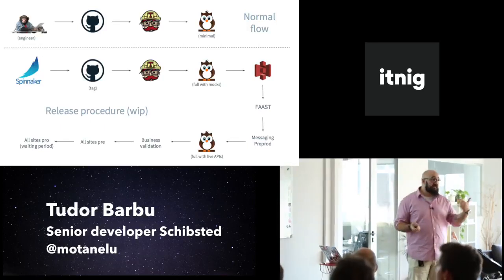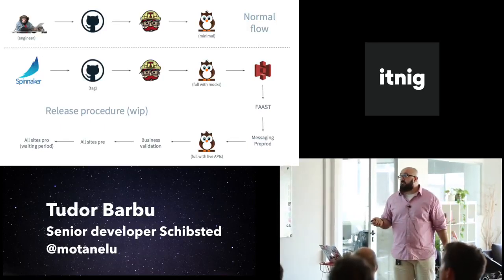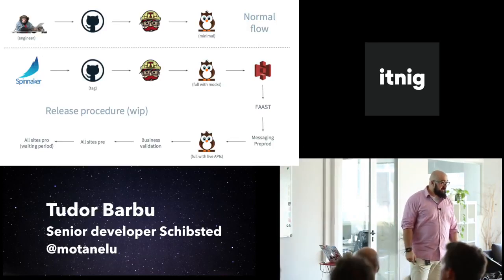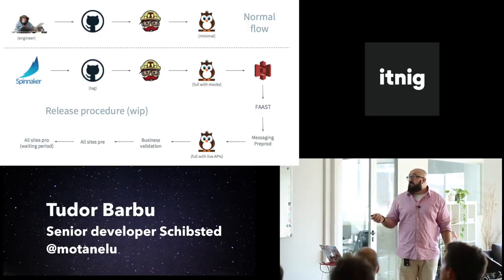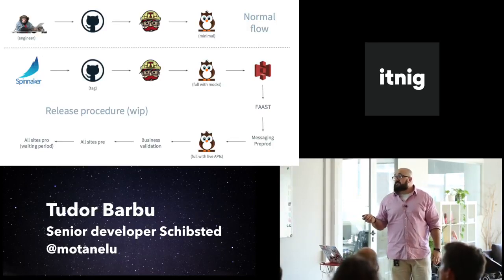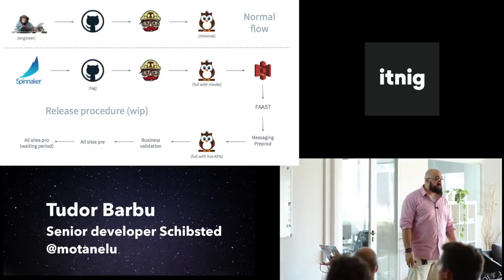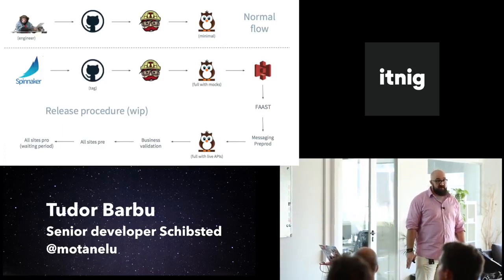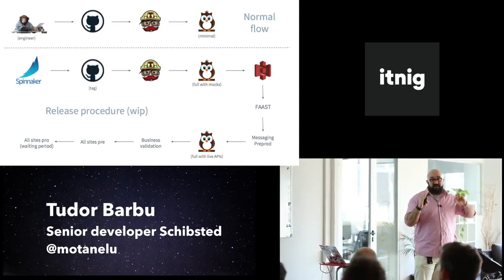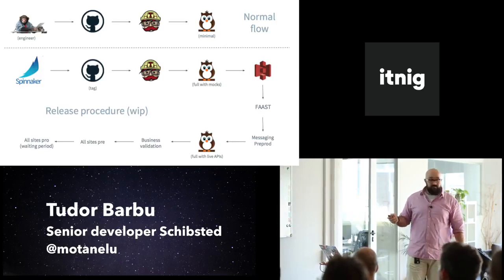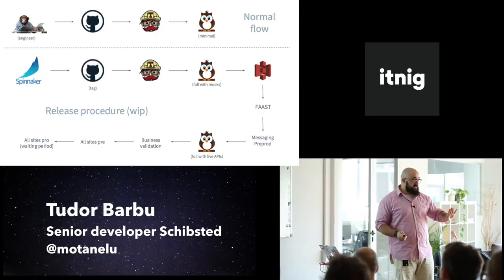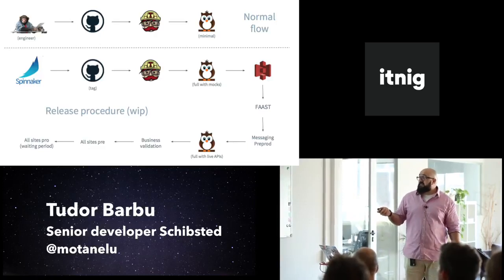And then when I want to release, as I said, we're using Spinnaker. We start the release process in Spinnaker, which tags the master in GitHub. That will start a Travis job, which will run a full set of tests with Nightwatch, but against mocks. And this will only run against the widget components. So Fast and the React wrapper are left outside. This will only test the widget and the connector, but with a full set of tests. If this passes,